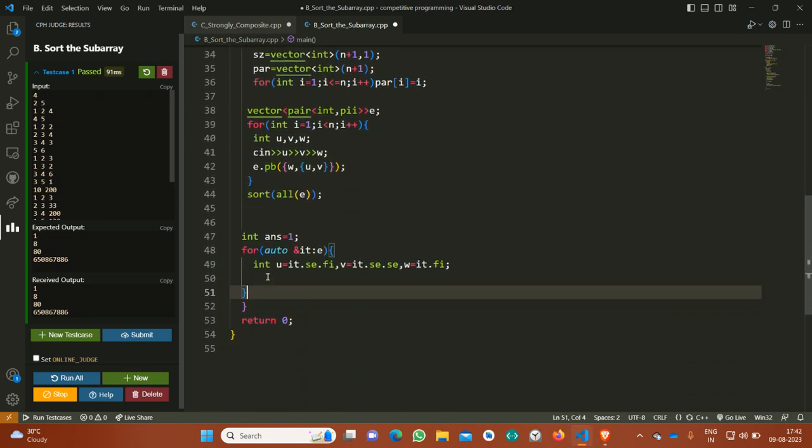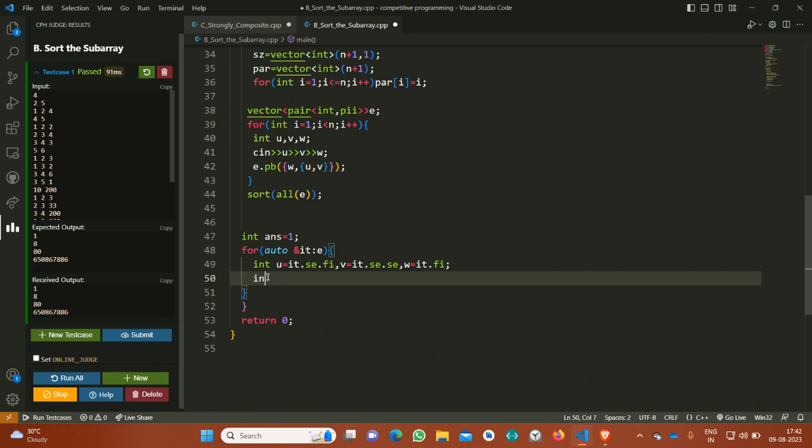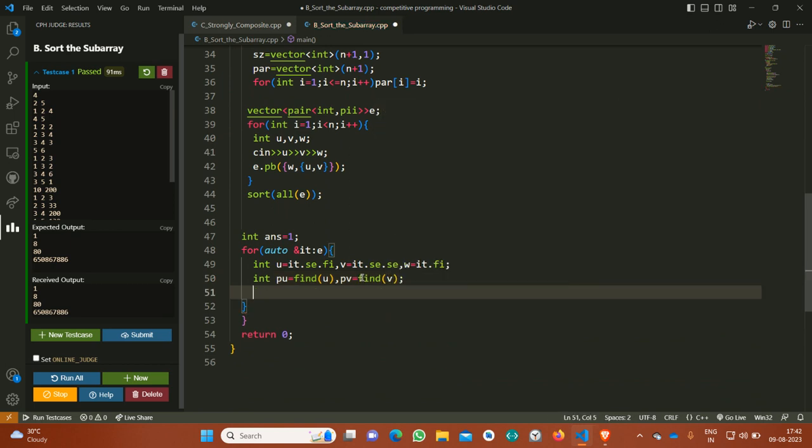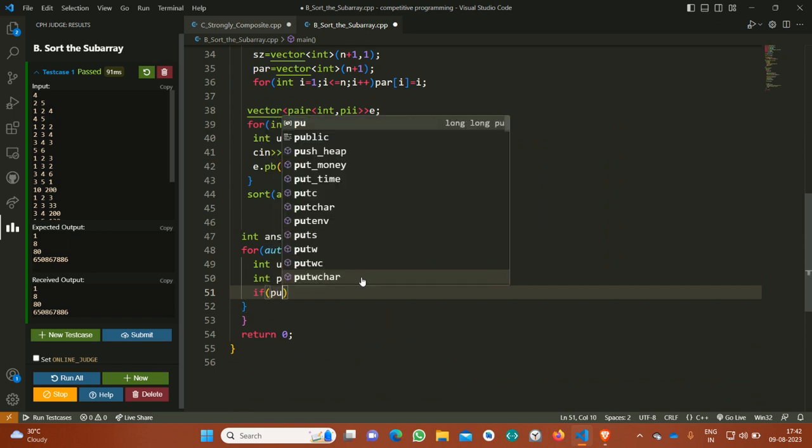Now int pu is equal to the parent of u, so I can find it with u. Then pv. Basically, why I am doing so is that I am just finding which component it belongs to. If they belong to the same component, there doesn't exist any point in adding the edge. Why? Because it will just form a loop. If pu is not equal to pv,